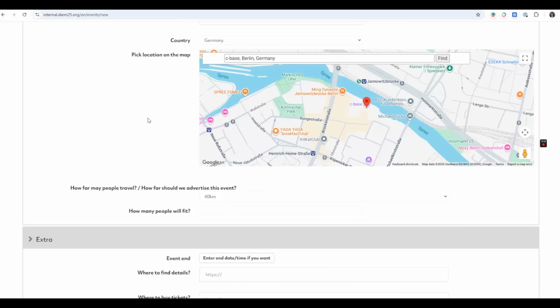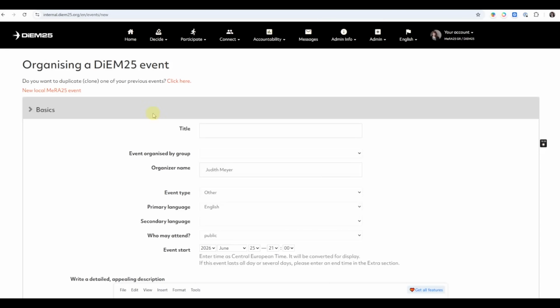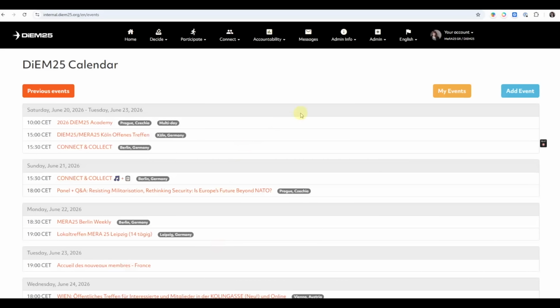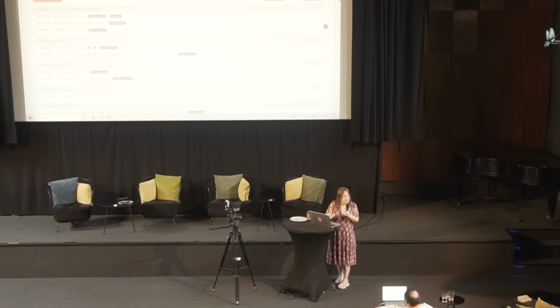And that will determine what you see, because if you go to the DiEM calendar as a regular member, you go to participate calendar, then the things you will see are basically filtered for you. Because otherwise we would have 20 events every Friday evening when local collectives tend to meet, and most of them would be irrelevant to you. So here, because I'm based in Berlin, I see mainly Berlin events and then a couple that are bigger, like this Prague assembly. But I don't see the really local weekly meeting of Milano collective. And that's what we need the radius for.